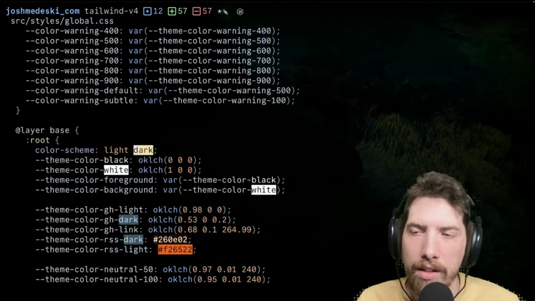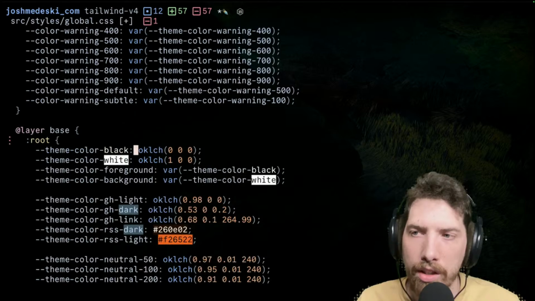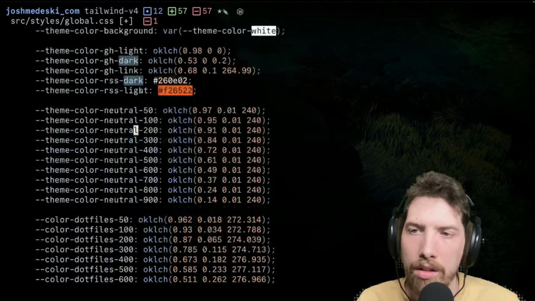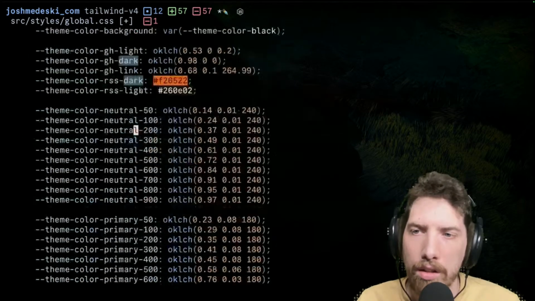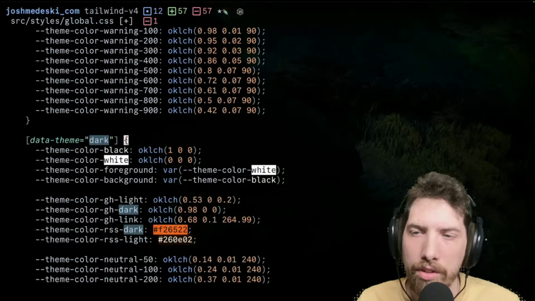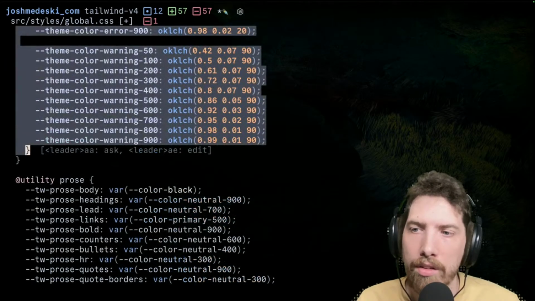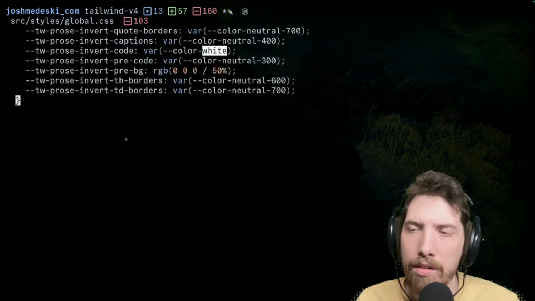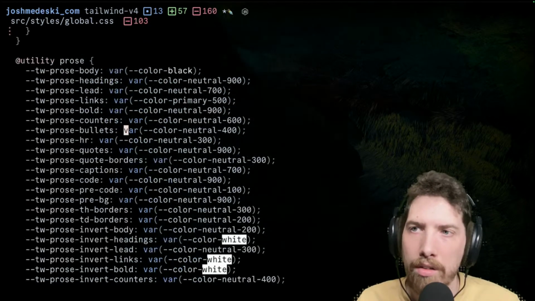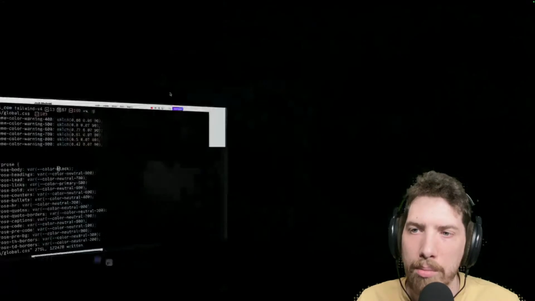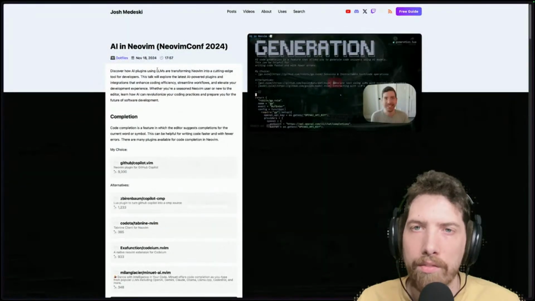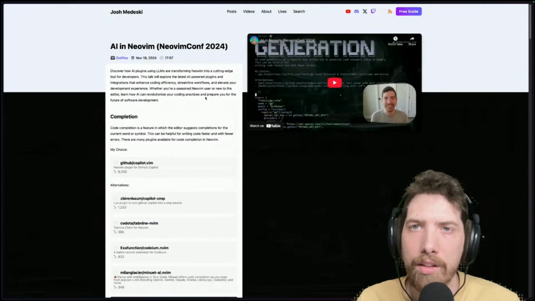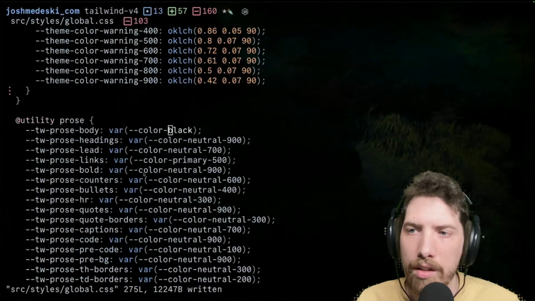So rather than there being color scheme, and inverting it, the body is going to be black. Yeah. So I'm thinking,